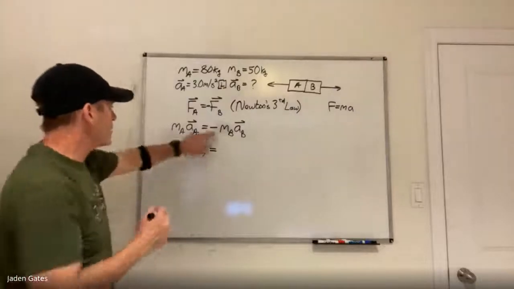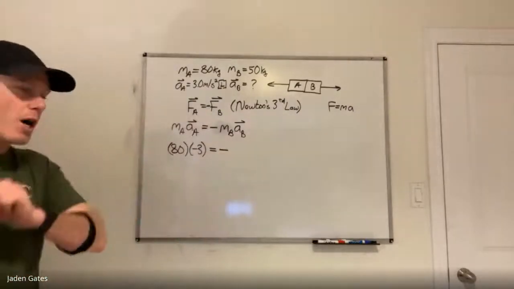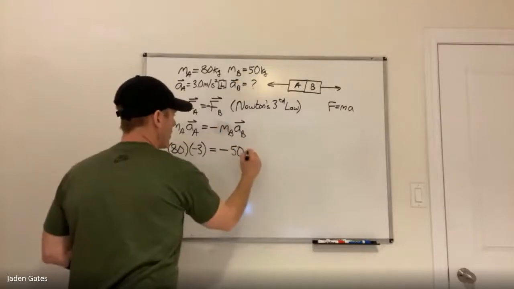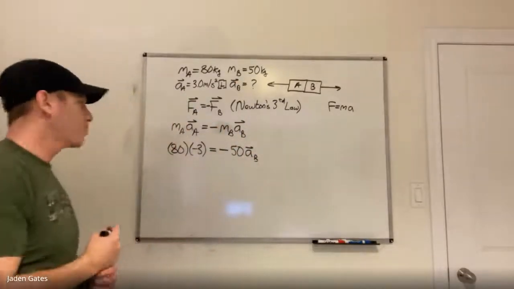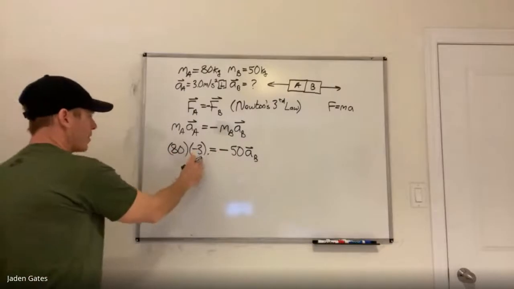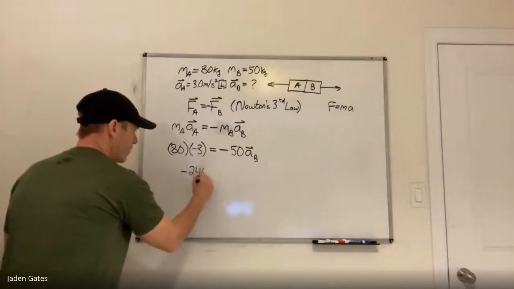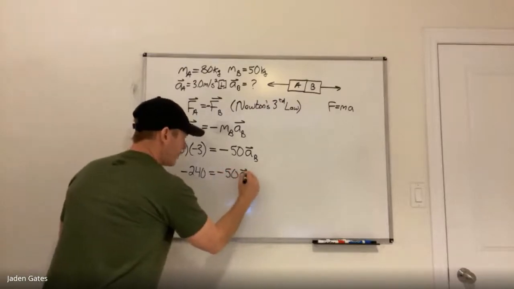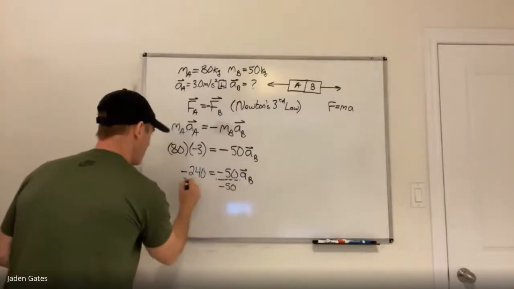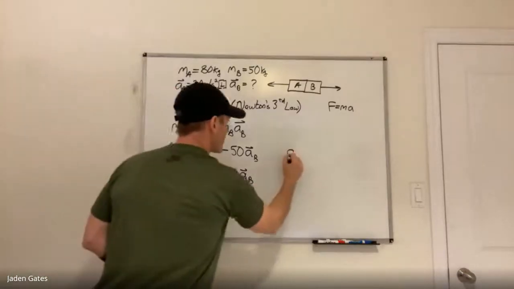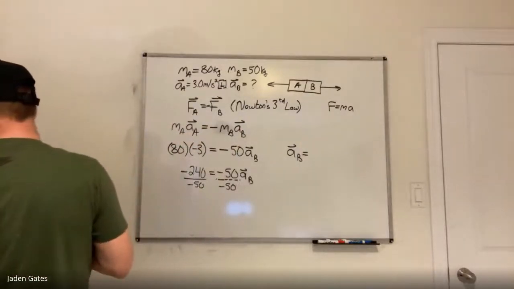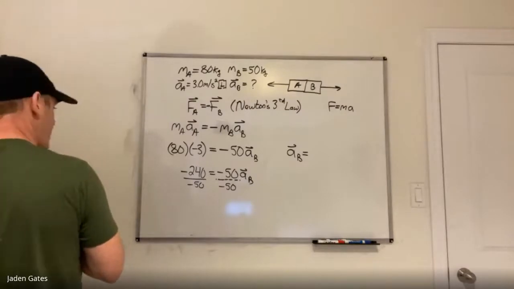I have this minus sign because, again, Newton's third law, equal in magnitude, opposite direction. The mass of B is 50. And we don't know the acceleration of the second person, the 50 kilogram person. All right, so now I'm going to solve this equation. So 80 times negative 3 is minus 240. And then I'm going to divide both sides by negative 50. Negative divided by negative. So the acceleration of person B, I think we're just looking for the magnitude, but I can write it all down. Let's see, I take negative 240 divided by negative 50. I get 4.8